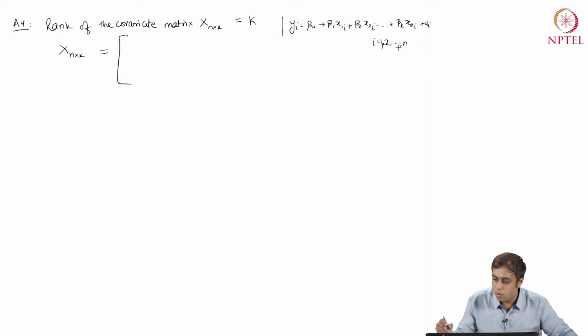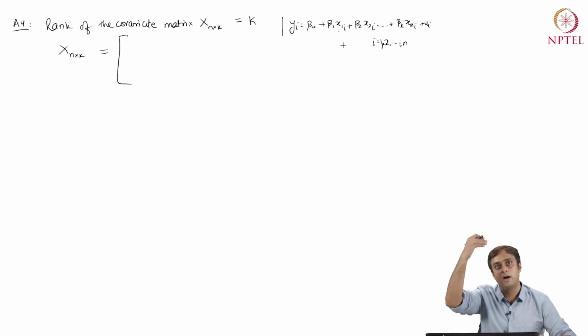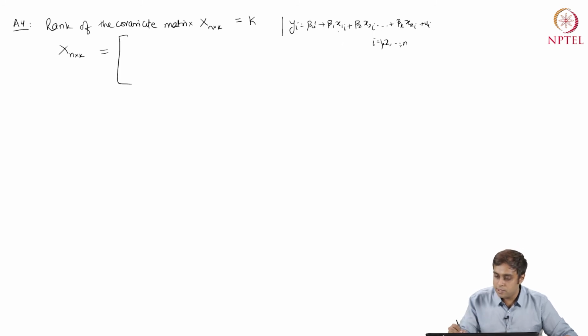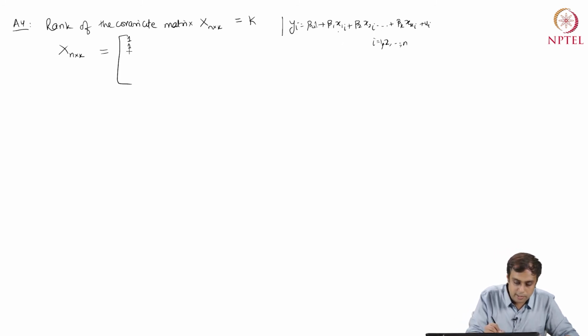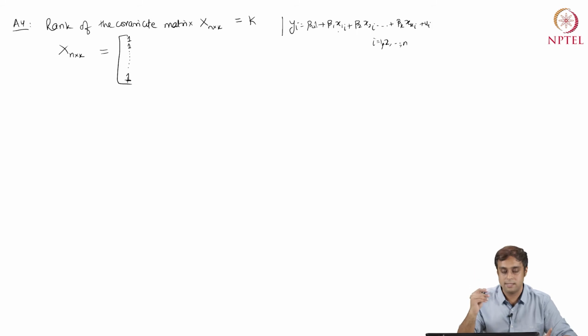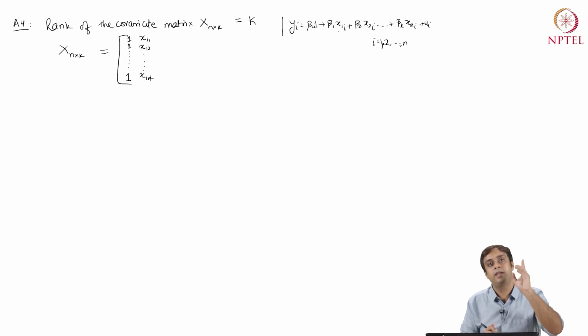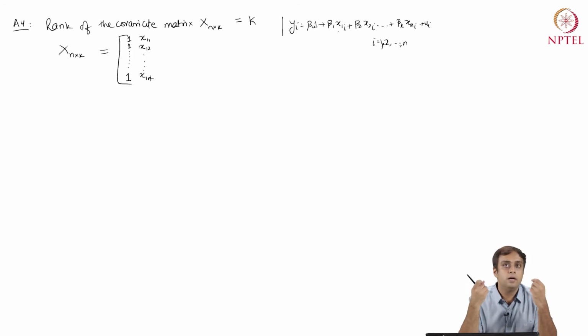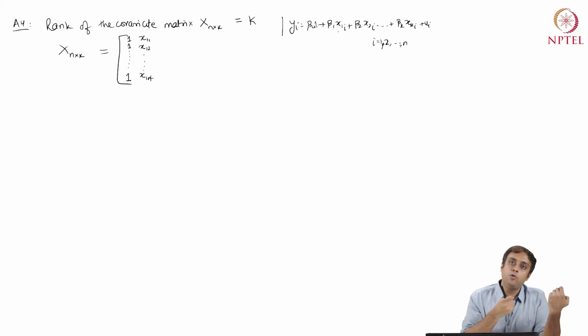That means that all these xi's are arranged in columns. So the first column is just a column of ones. How many of these are there? n of these are there. There are n rows of ones as the first covariate. The second is x11, x12, all the way to x1n. This is the first covariate. So in case of my model for house prices, the real estate market, x11 is the number of rooms in house 1. x12 is the number of rooms in house 2.